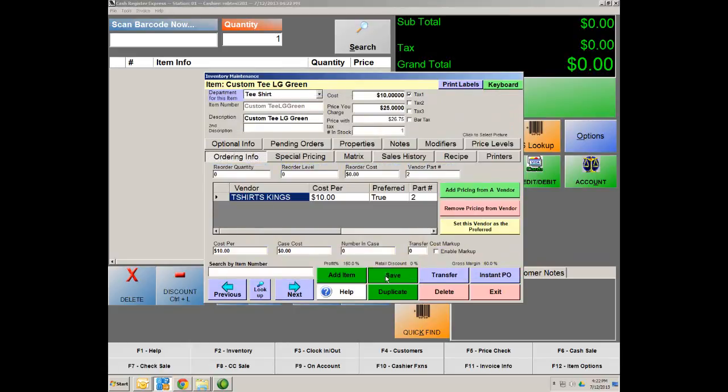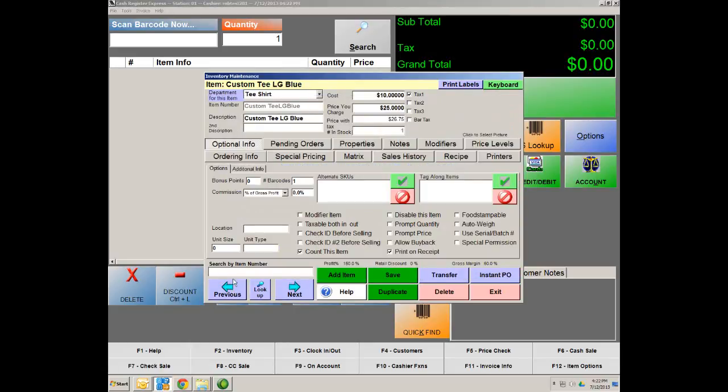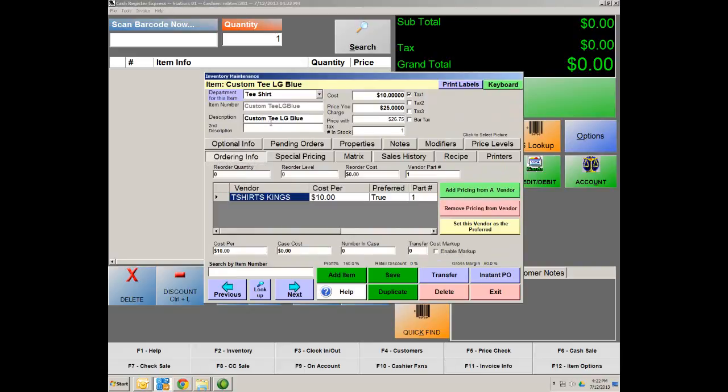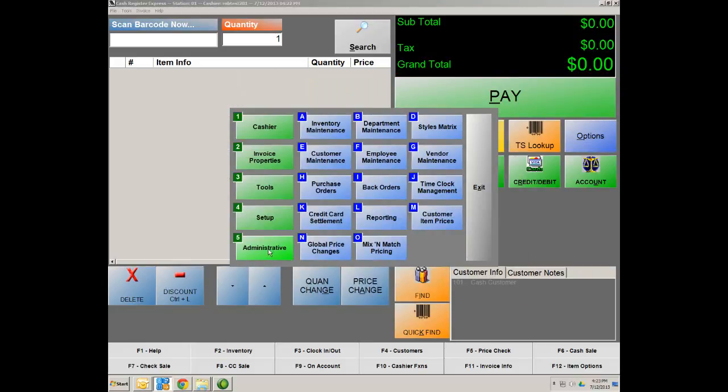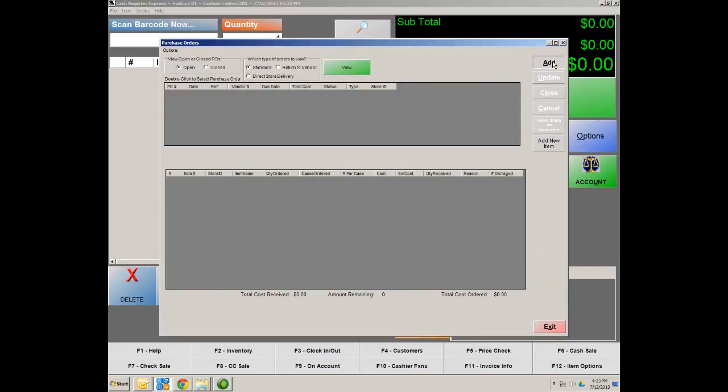And now hit save. So we associated two items, the blue shirt, large, and the green shirt, large. So now let's hit save and order more of these products. So let's hit exit. We're now going to hit number 5 administrative, letter H, purchase orders, add on your top right,